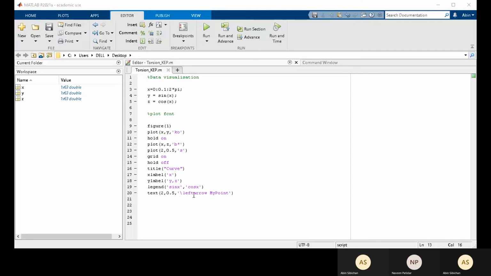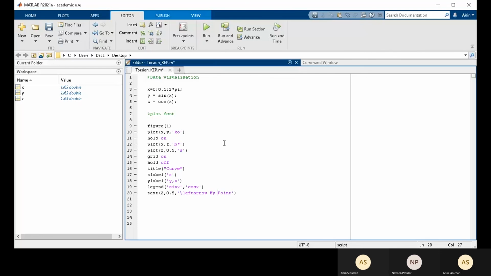So whenever you want to mark a specific point that you know, you can use this text. This can be up arrow, right arrow, down arrow, and this can be anything. You can put as much space as you want. It's fine. Okay, so yeah, the space has been included.